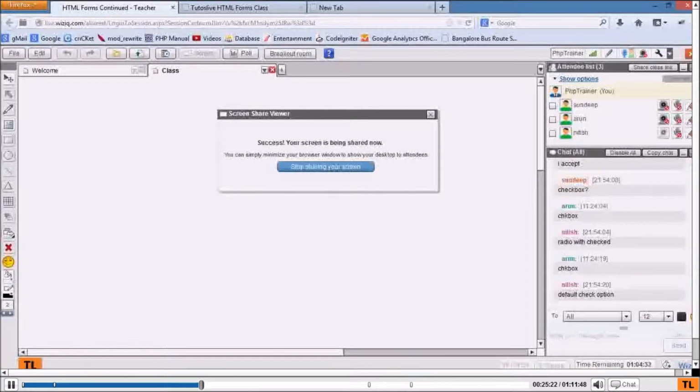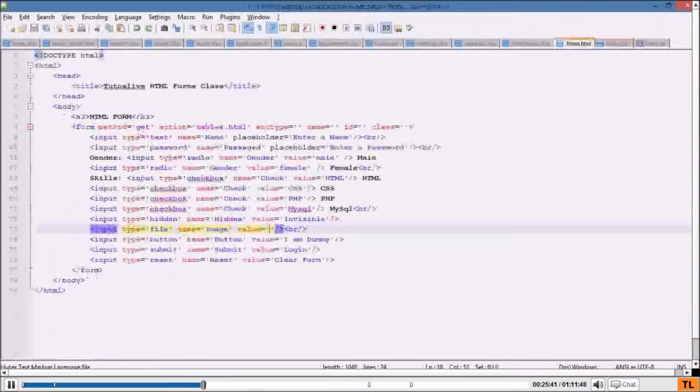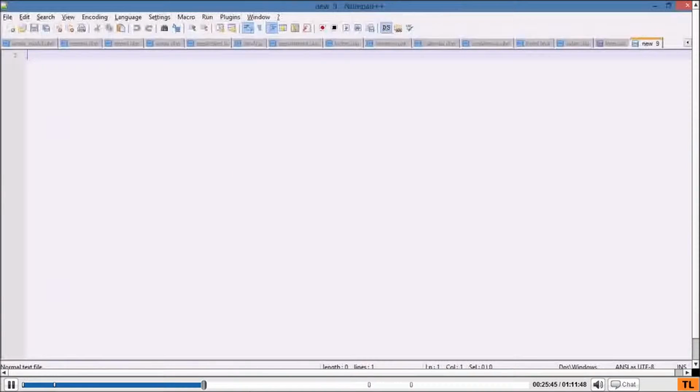So now there is one more thing in selecting. Like we have seen radio button to choose one among many and checkbox to choose many out of many. Now there is one more guy in this family, in the selecting family. His name is select box. Now let me go ahead and just